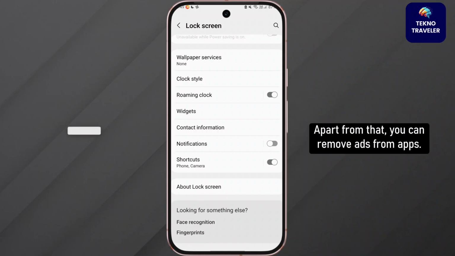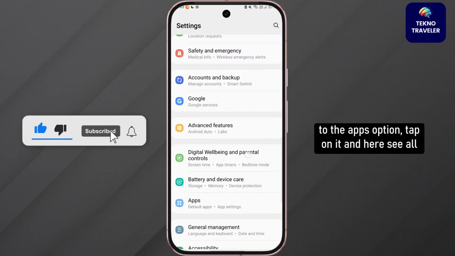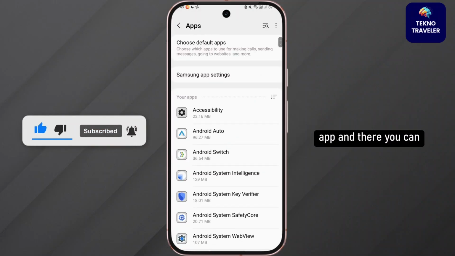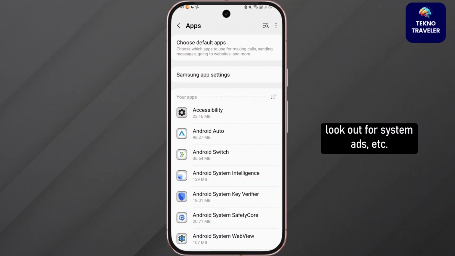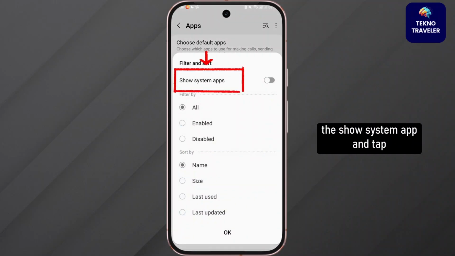Apart from that, you can remove ads from apps. So within settings itself, you need to go over to the apps option, tap on it, and here see all apps, and there you can look out for system ads, etc. So let's turn on this filter option and turn on the show system apps and tap on OK,